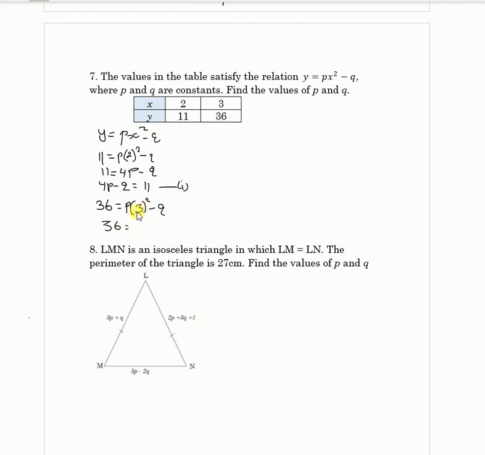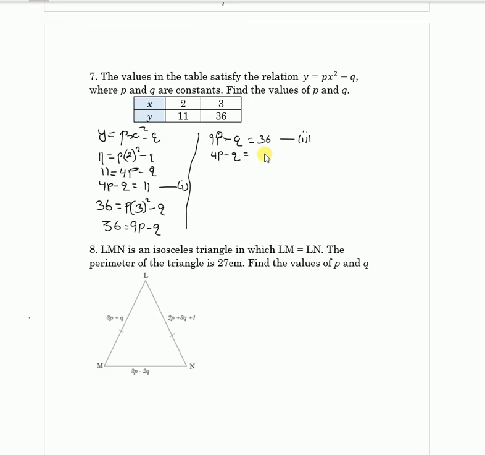So I have 3 squared, that is 9 times p. I get 9p, then minus q. And after turning, when I turn the equation around, I have 9p minus q is equal to 36. I call that equation number 2. Now let me put the equations together, because they have something which can just cancel. Let me put equation 1 here. It is 4p